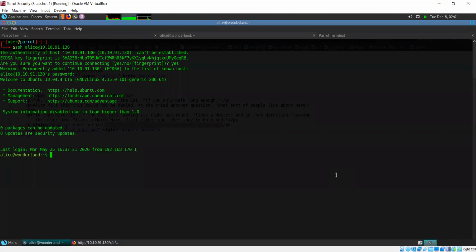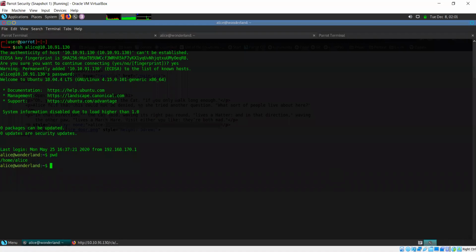So now we are able to log in on this system. Let us first take a quick check as to where we are. Now we are in the home directory for the Alice user and we are logged in as Alice.